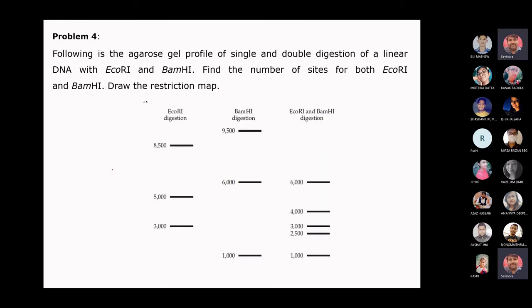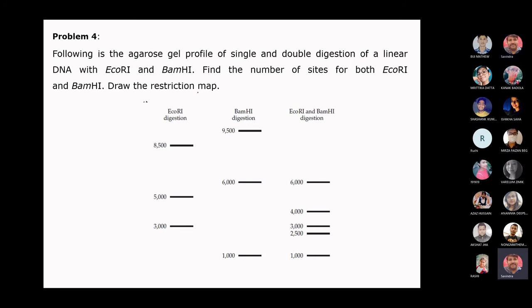Okay, this is problem number 4. This is the actual problem, or the way you will get your problem in natural condition, or you can say when you are performing this experiment in lab, from where you will get the data. This is also a diagrammatic representation, but it is actually showing the different bands. Following is the agarose gel profile of single and double digestion of a linear DNA with EcoR1 and BamH1. We have to find out the number of sites for both EcoR1 and BamH1, and we have to draw the